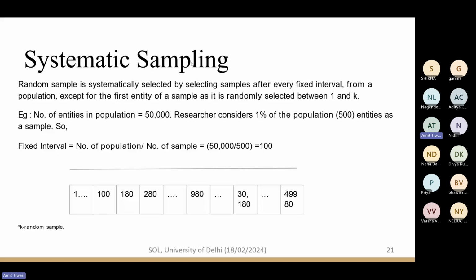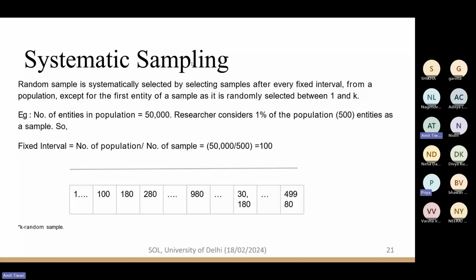We have already defined the fixed interval, and from each interval we are taking one individual, and that individual also had a fixed or systematic approach to be chosen. In this case, as I told, we took one particular rank, and that particular rank was chosen for all the fixed intervals throughout the